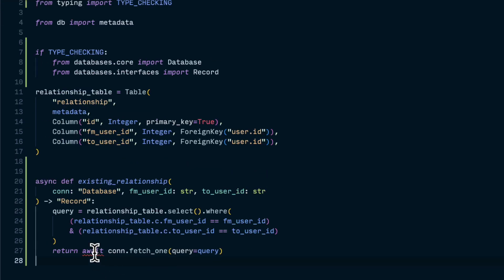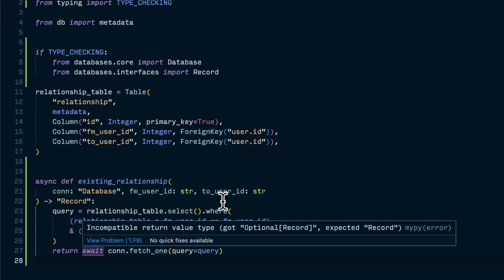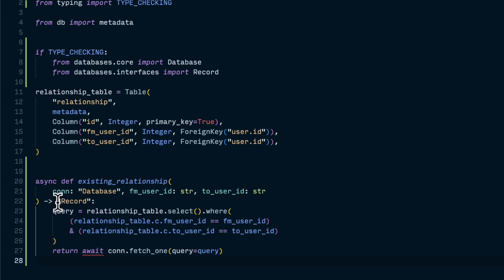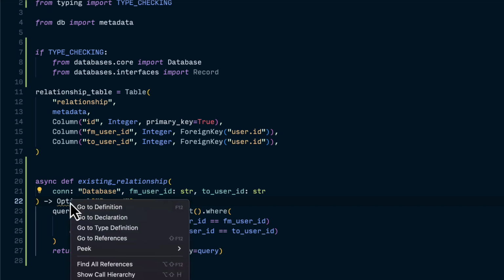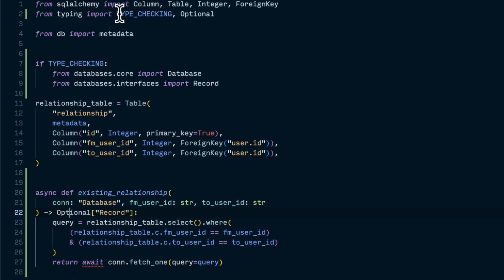Oh, it's saying that it's returning an optional record, which makes sense. So I'm going to say optional, because this might not return a record if it doesn't find a relationship. And we need to import this from, I like to put type checking after the main ones,